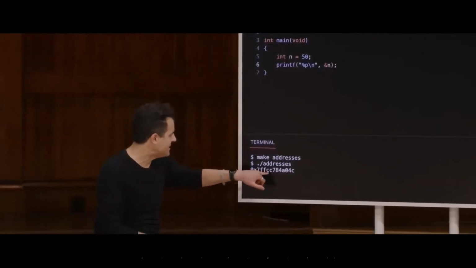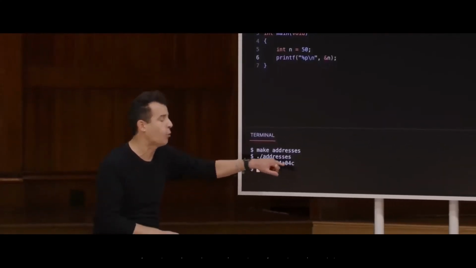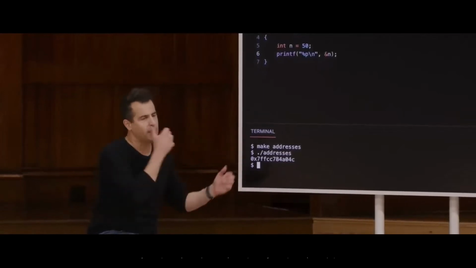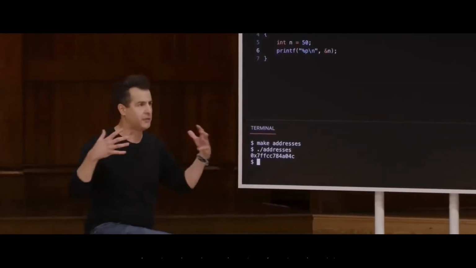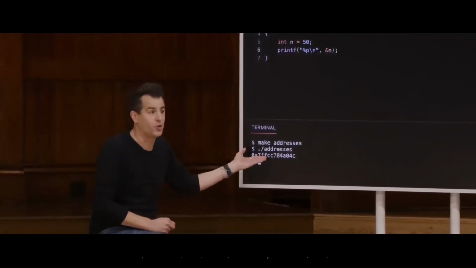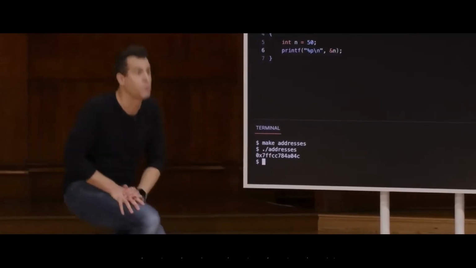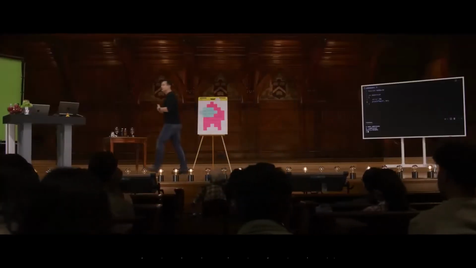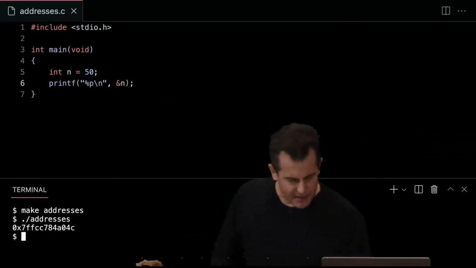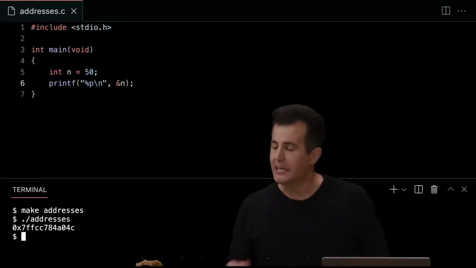7f, fc, c784a04c. Suffice it to say, your code space, and even your Macs and PCs nowadays, have a lot of memory. That's why, in part, this address is so big, not as small as the thing on my slide. So this, at the moment, isn't that useful yet, but it introduces us to a concept that we'll now call